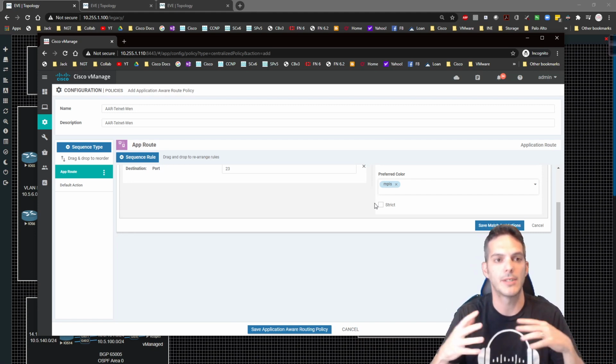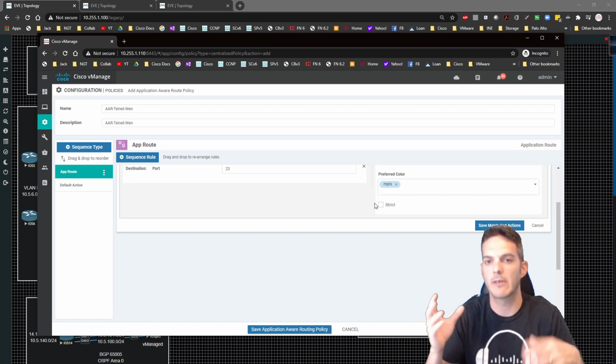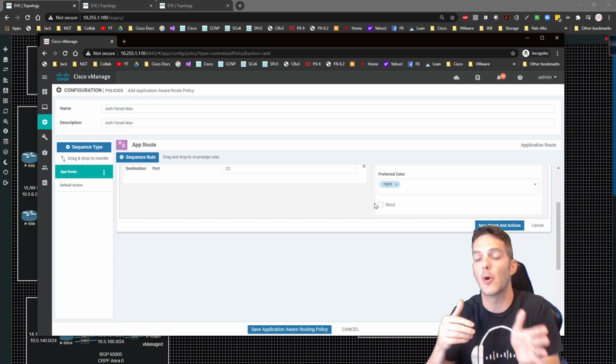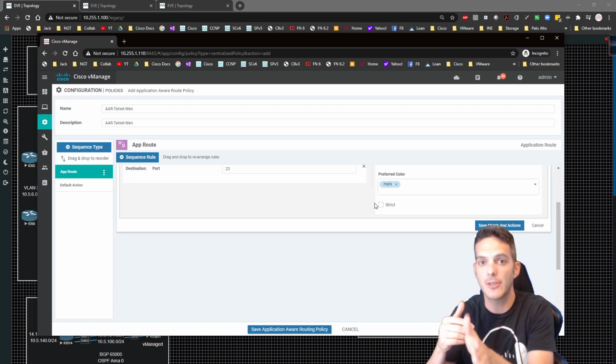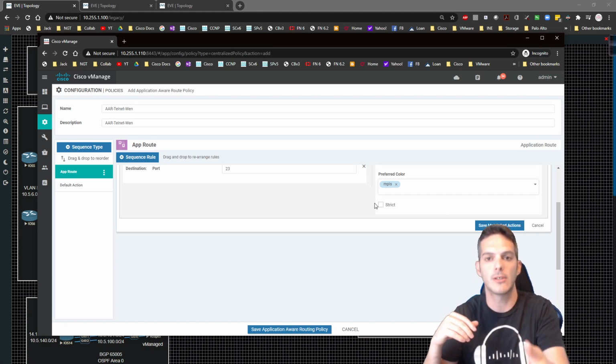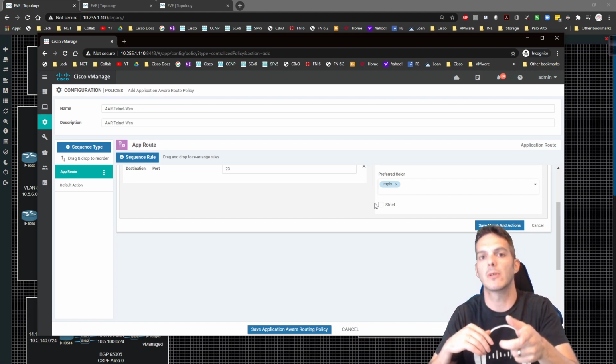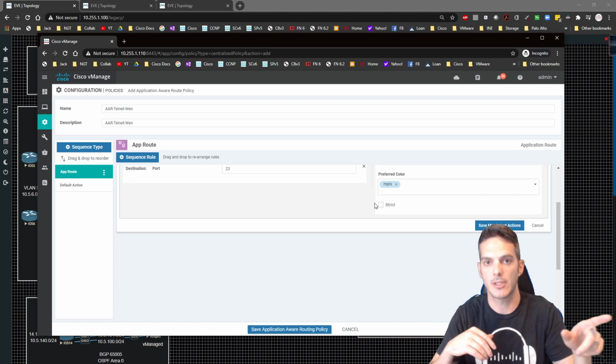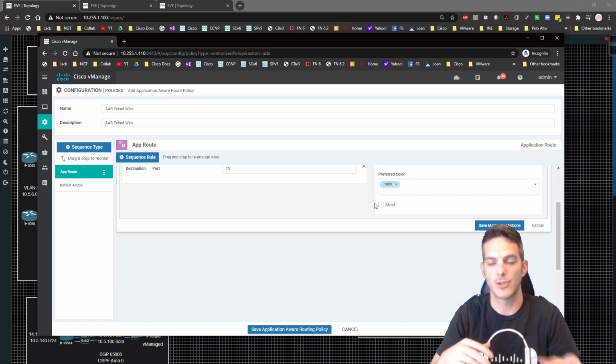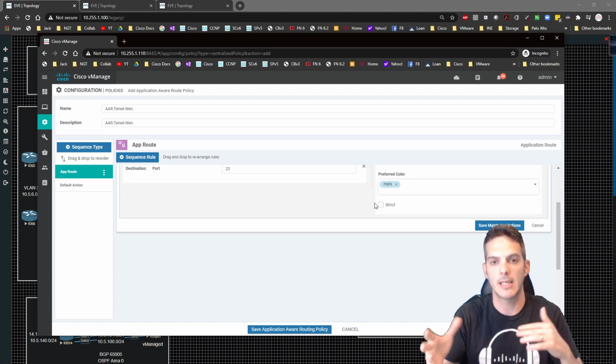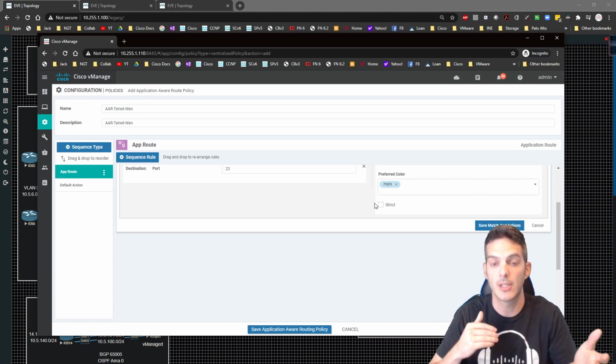But if MPLS is really, really bad, very sluggish, and there's a lot of degradation on the network, if you click on strict, you will not allow telnet traffic to ride over the public internet T-lock. It's going to just use MPLS as the underlying transport when it goes over the SD-WAN fabric to the remote sites. So if you click strict, just remember that it's basically the same concept as restrict on the color,